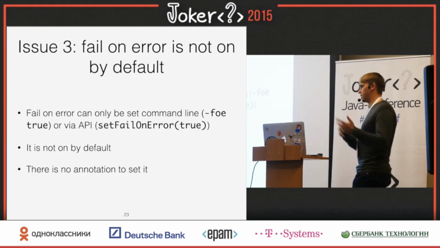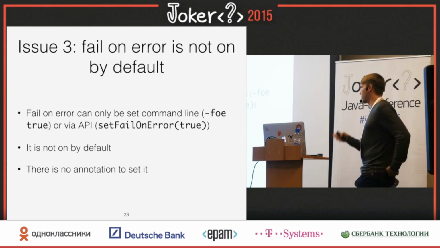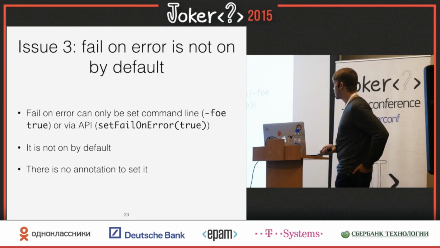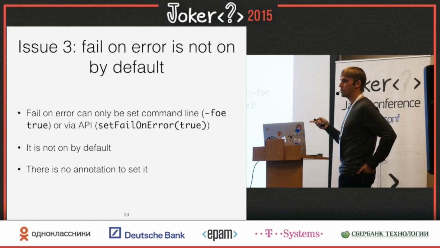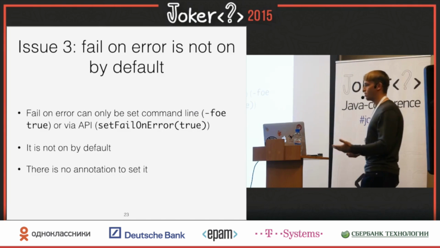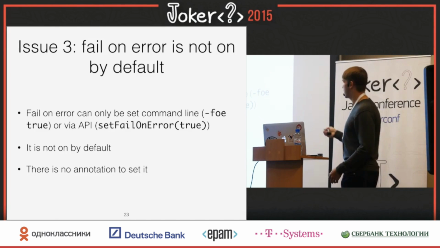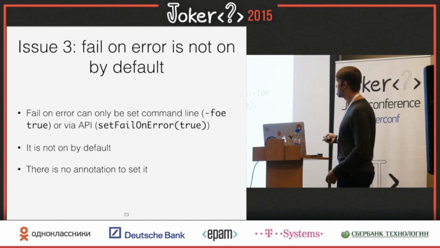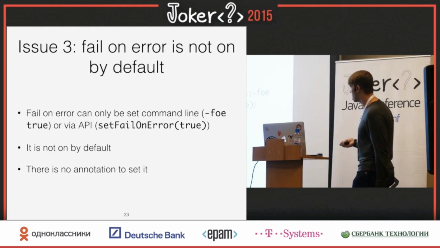So what would happen is that 10 hours in the run, the benchmark will encounter the exception but will not stop. So at the end you have your results, but some results for some benchmarks will not be published. So they will simply disappear. So you get the run but with incomplete results. So we just set it to true. Unfortunately, there is no annotation to do that, so you have to do it like this.